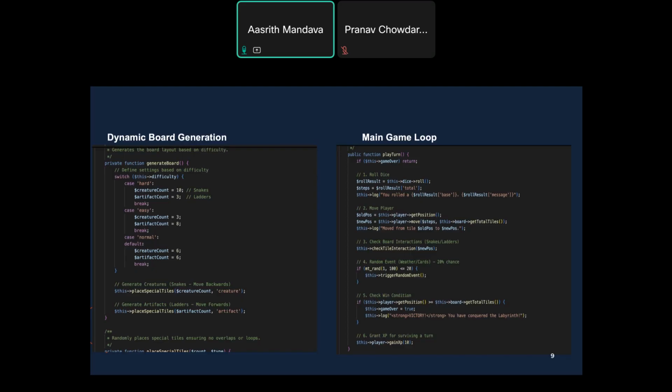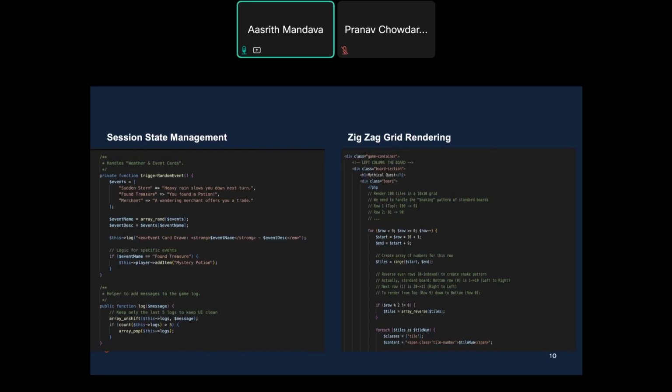to show the updated state. All of this is handled in PHP using the function to operate on the session data structure. And then when we move on to the next one,